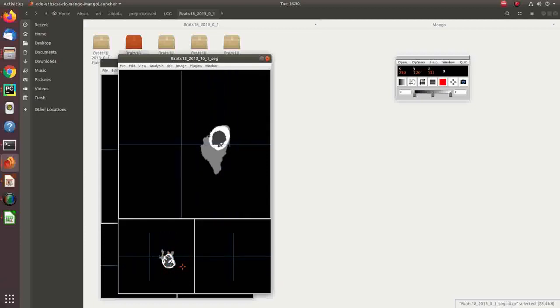The overall tumor portion we call whole, while the green one is the enhanced tumor. When you move the cursor, you will see the value 1 here. So 1 means tumor core.